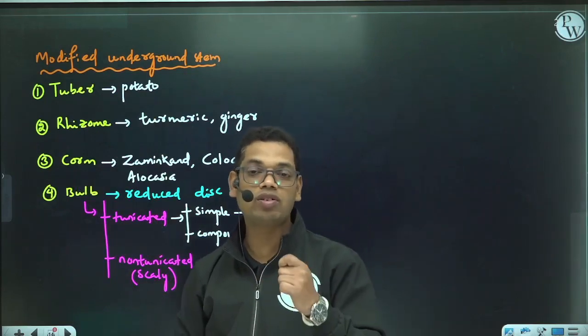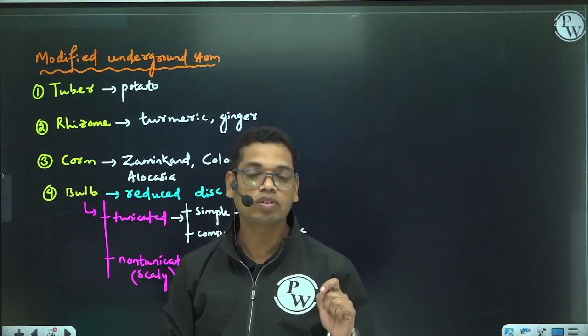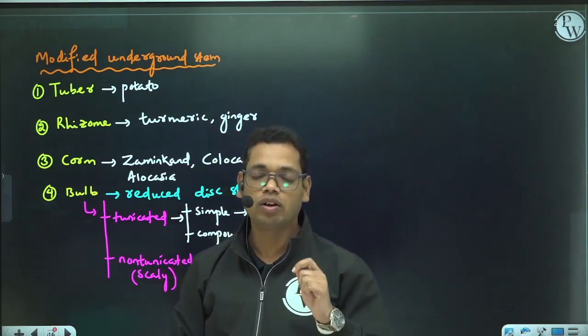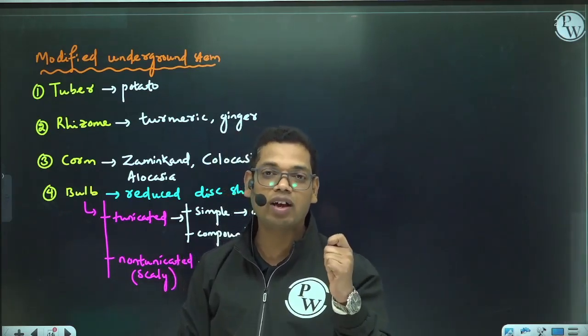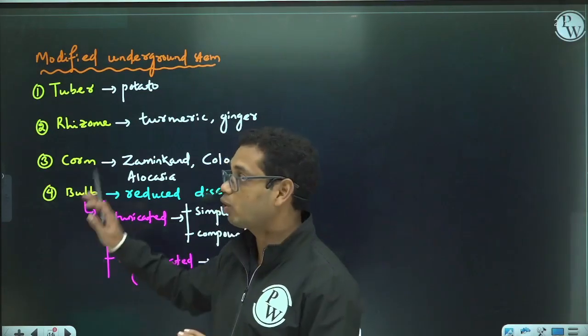Mirabilis jalapa is also a tuber, and that is a modified taproot. What about sweet potato? That is a modified adventitious root. And what about potato? That is a modified